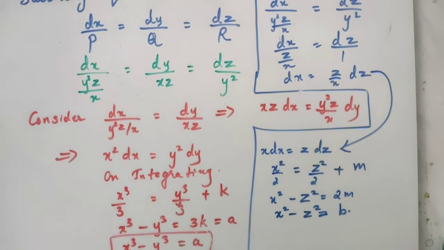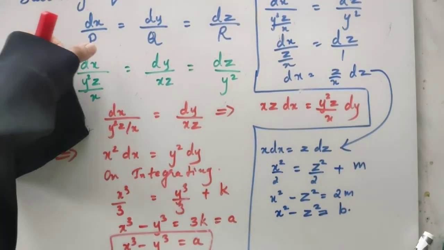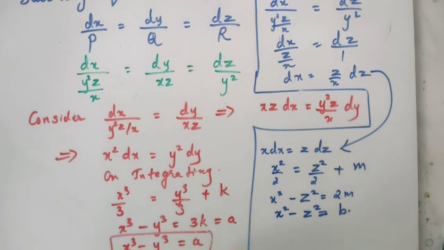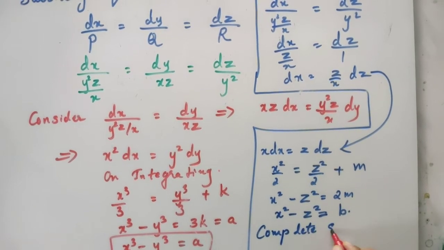One is this and the other is this. That's what I told you: taking two at a time, or taking certain multipliers and simplifying those simultaneous equations, you can get one or two solutions, and yes, two solutions you will get. After that you have to solve the complete solution. What should be the complete solution? I told you the final step. The complete solution